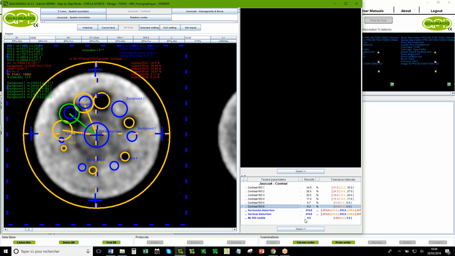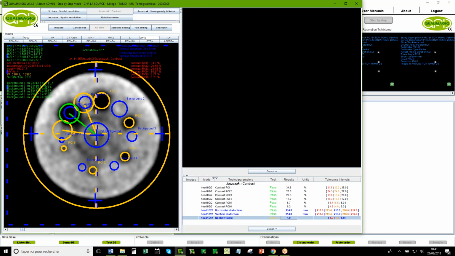And after you can define in the software the visible percentage, what is possible for you to see. And after the system counts the number of targets which have a signal more than this reference percentage.